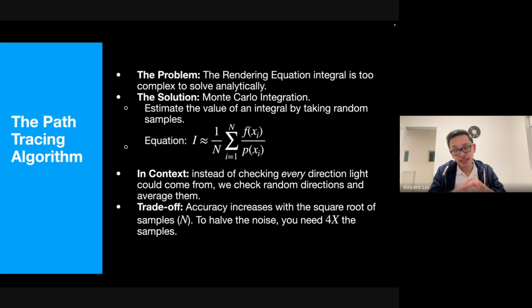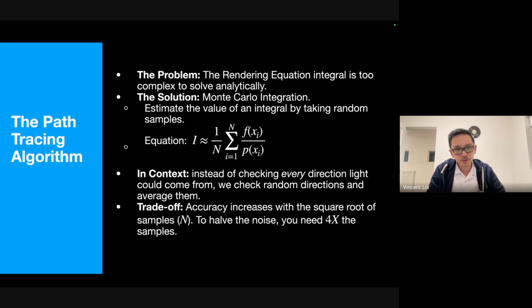But again, solving this kind of rendering equation is too complicated. It's too complex. So the way we solve it, we rely on the Monte Carlo integration. Don't worry about that. So what is the Monte Carlo integration? Basically, we use the randomness of the rays, just like Monte Carlo theory, to solve this equation.